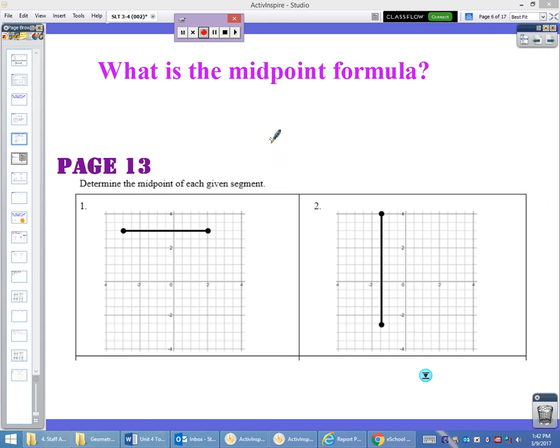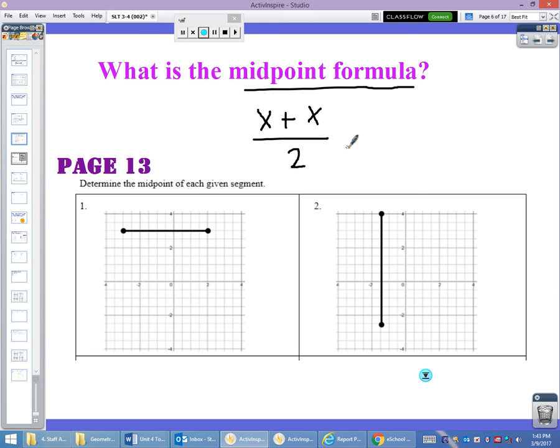For this problem, you not only want to go to page 13, which looks like this, but you also want to open up your spiral notebooks because we have to write down the midpoint formula. The midpoint formula is if you take the x-coordinates of the 2 points and add them and divide by 2, or essentially the average or the mean, that's the x-coordinate of the midpoint, and the same thing with the y's. So I know in these problems you could just count over until you get to the middle, but so you understand the formula,